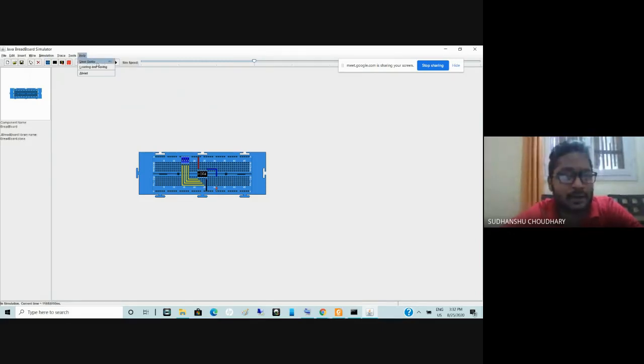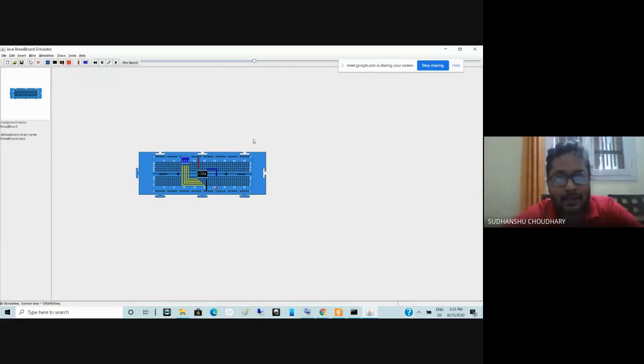So you have a user guide here, or maybe the user guide can also be downloaded separately. So I'll encourage you to download and install this software and learn it, how to run the simulations and how to implement the digital logic circuit and how to verify them.